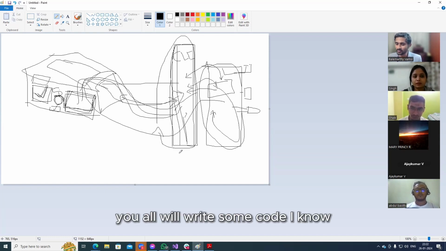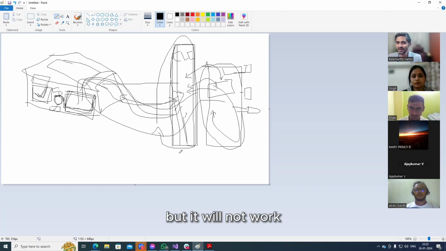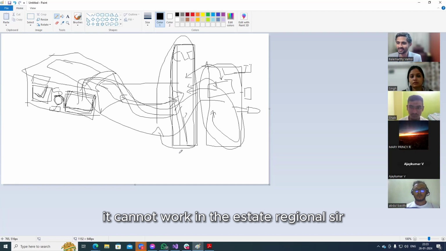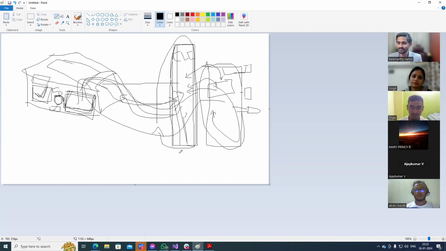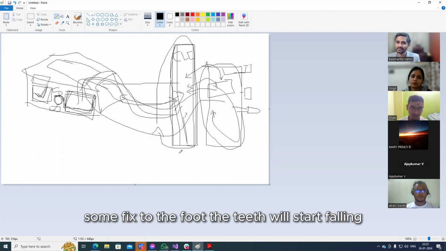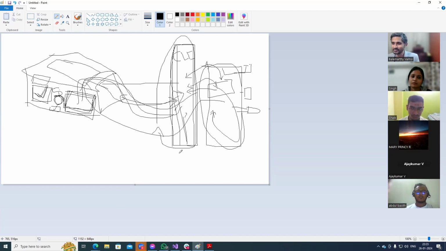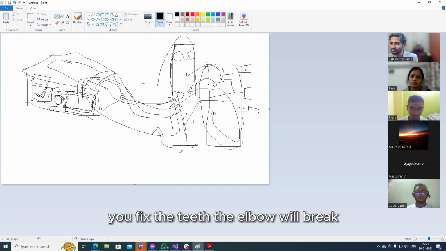You all will write some code, I know, but it will not work. It will not work in the 5th iteration also. Because you put a fix to the foot, the teeth will start falling. You fix the teeth, the elbow will break.